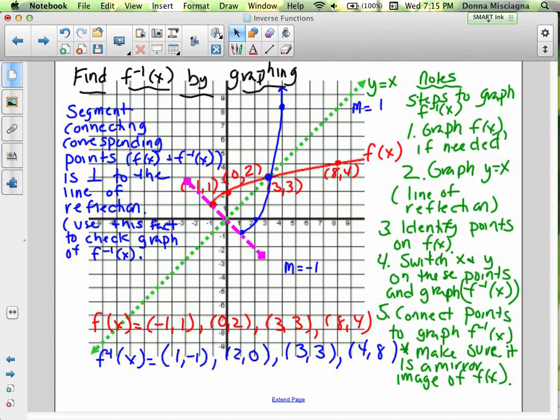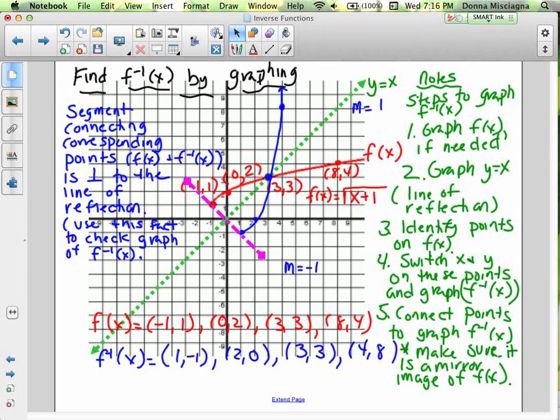By the way, did you recognize what the equation of our original function is? We'll talk about the inverse later, but how about the original function? Does it look familiar, like a graph you've seen before? Hopefully you recognized that f of x was actually a square root graph. In this case, there's no dilation or reflection to it. It's just translated one to the left and one up. So this was f of x equals the square root of x plus 1